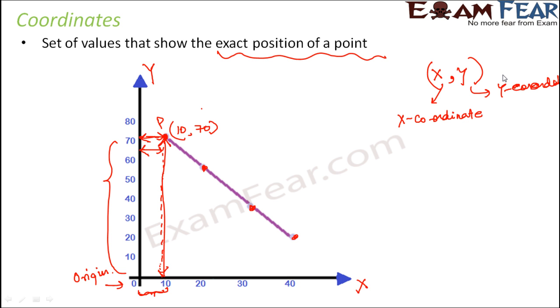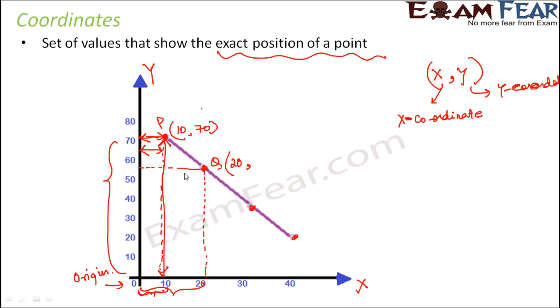Now please do not get confused. Just remember, x coordinate means you will take the measurement from the x-axis. Like let's say that you are talking about this point. Let's say this point is point Q. You have to find out the coordinates of this point. What will be the x coordinate of this point? To find out x coordinate, you have to take measurement on the x-axis. So corresponding to this point, draw a perpendicular on the x-axis, draw another perpendicular on the y-axis. To find out the x coordinate, take the measurement on the x-axis. So the x-axis measurement is 20.